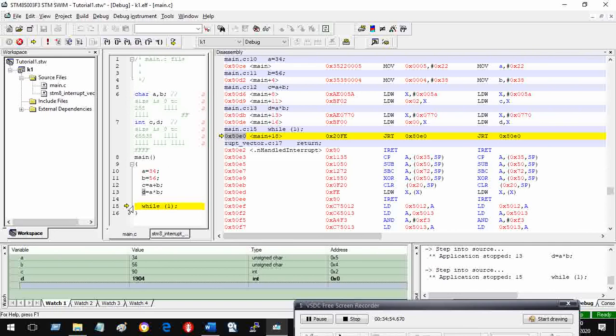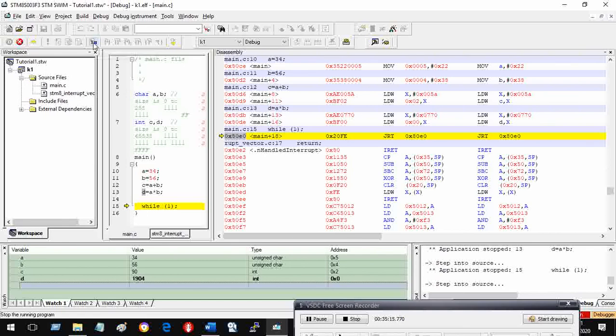Condition is always true, and there is nothing to do because between this and the semicolon, no action has been given. So it will do nothing. Let us verify whether it always remains here. So I step into it. Nothing has happened. You can see the pointer remains here. In fact, it has gone into an endless loop. It will permanently remain here.